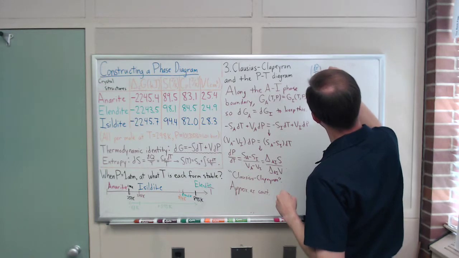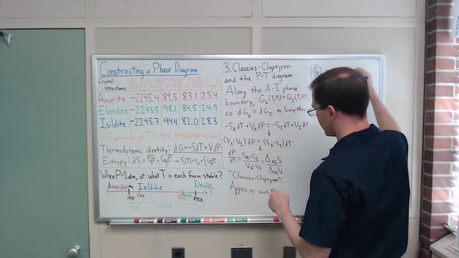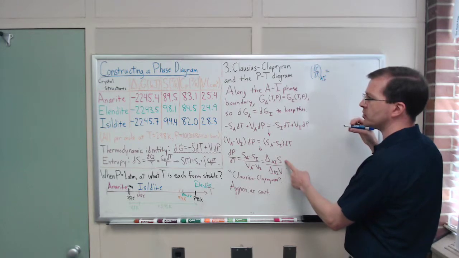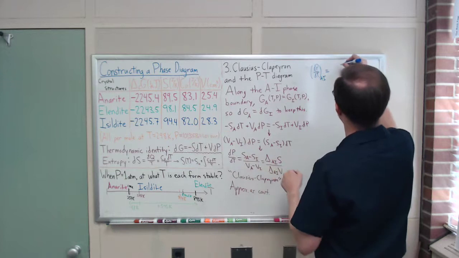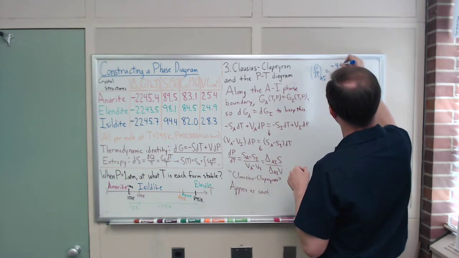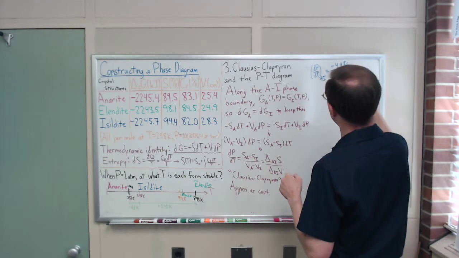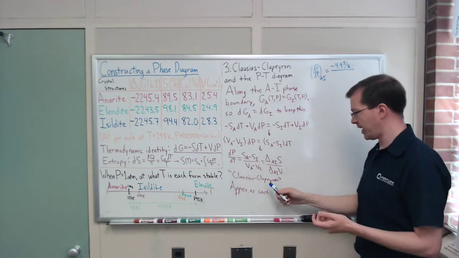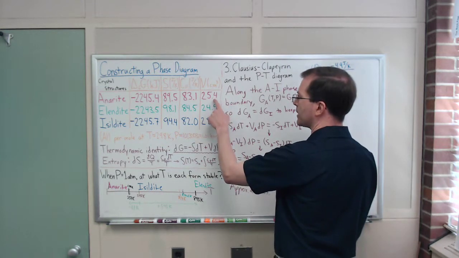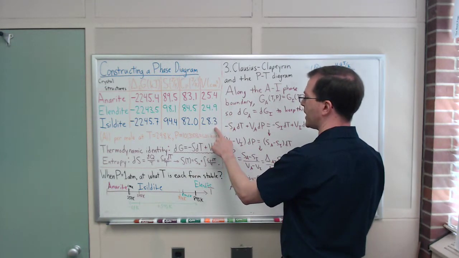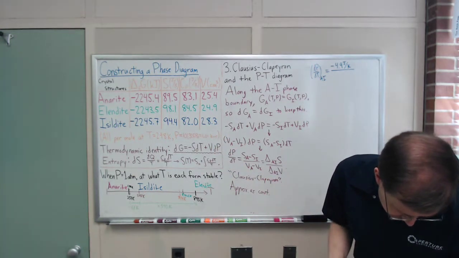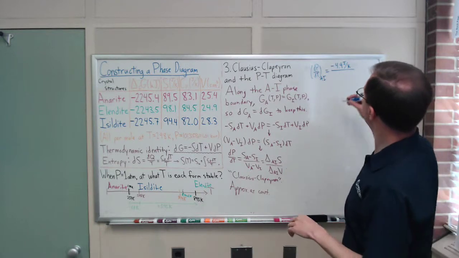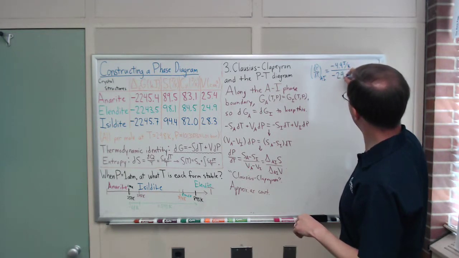dP/dT for AI is equal to, well, that difference in entropies between the two, AI, this minus this, I've seen that before, that's negative 4.9 joules per Kelvin, divided by my difference in volume between the two, delta VAI, A minus I. This minus this looks like that is minus 3. I should double check my numbers just to make sure I have that right. That difference in volumes is minus 2.9